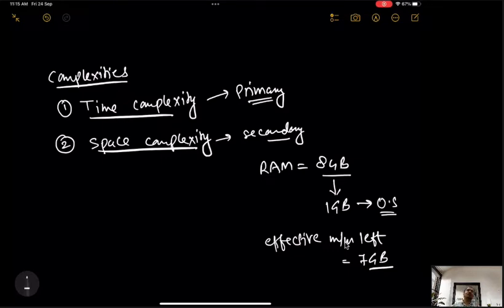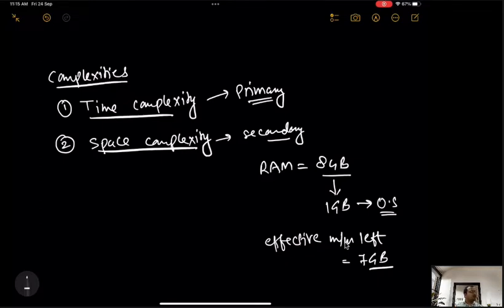Out of these 7 GB, there are some processes which we don't want to run, but the operating system wants to run for its execution. The processes which I run are, let's say, Microsoft Word or PowerPoint, or VLC player for playing videos, or iMovie for video editing. But there are processes which the operating system wants to run for its own execution. For example, if you want to create a new folder, you just right click and select the new folder button. But how is the operating system creating that folder? For that there is a small process inside which the operating system is running.